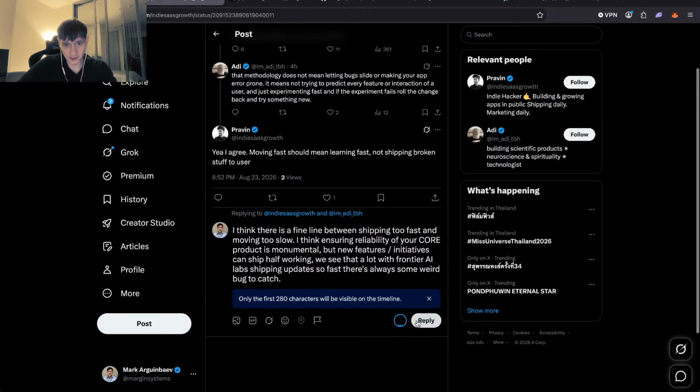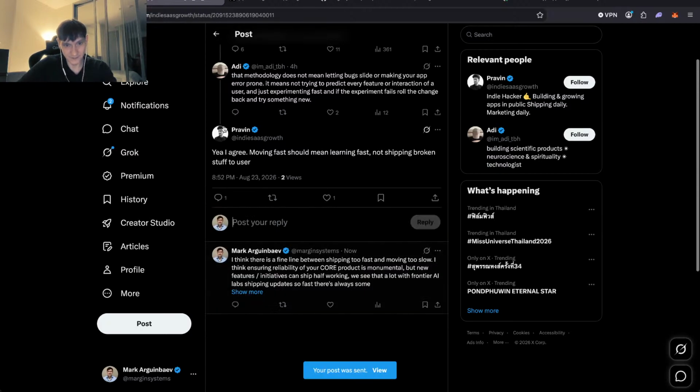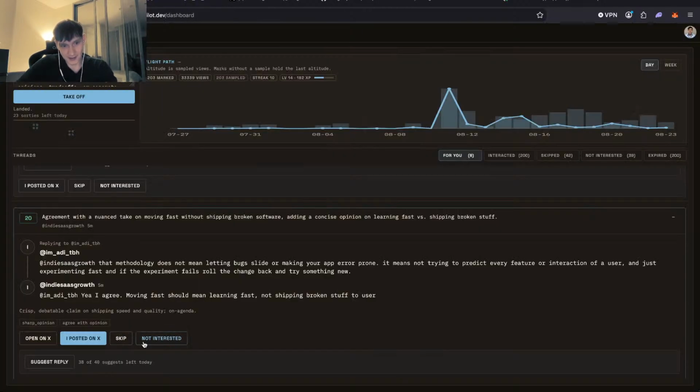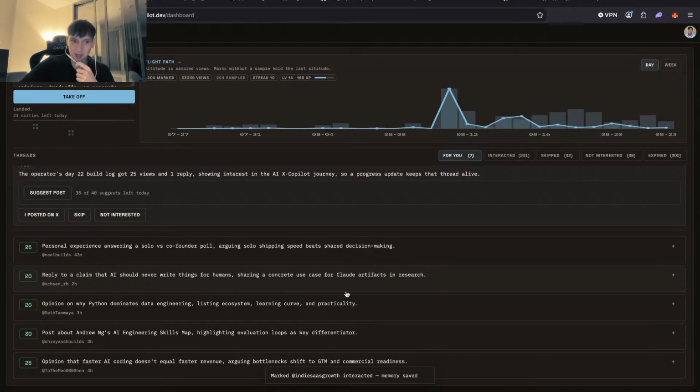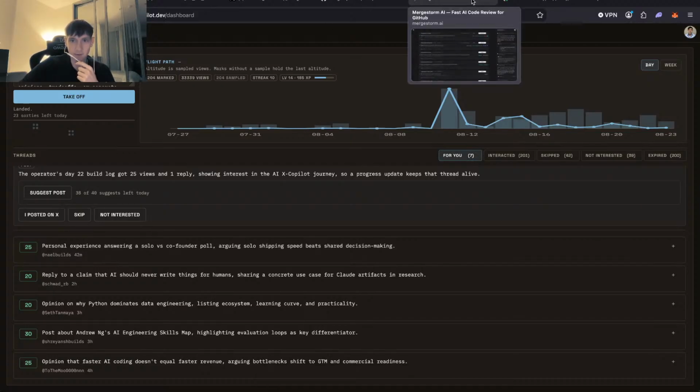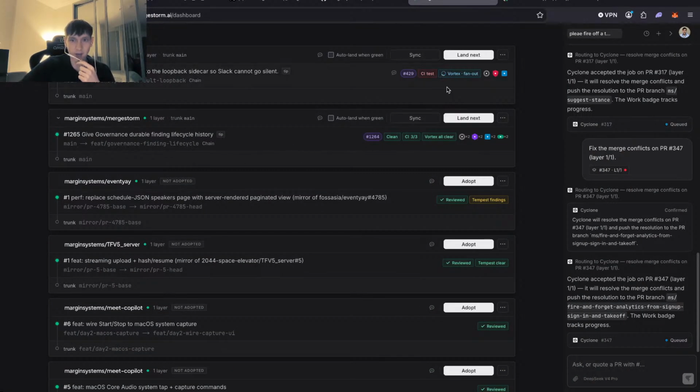Shipping broken stuff to users is not good, but I think it's a fine line between shipping too fast, shipping too slow, and leaving your core product alone, making sure your core product remains reliable. Yes, of course, that's important. It's like for Mergestorm. Our core product, the one that's being used the most for sure by a big margin, is Vortex. That's why we make sure Vortex